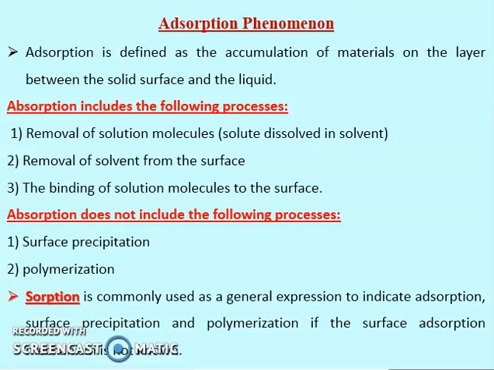Adsorption does not include surface precipitation on the particle. If there is a precipitation like calcium carbonate on the surface, it also does not include polymerization. There is another expression called sorption. Sorption is not adsorption. This sorption means that